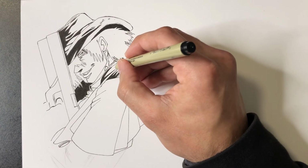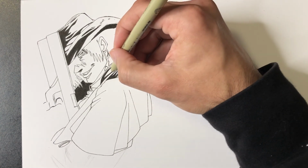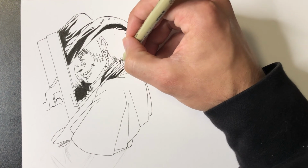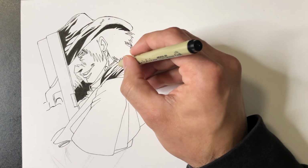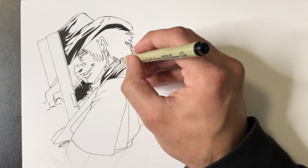For the next tutorial, I'm going to be drawing Alucard from Hellsing. As you can see, I'm about 25% of the way done. I still have to finish the inking process. I need to go over it with Copics, color pencils, pastels. This is going to look super badass once it's done, and I can't wait to show you